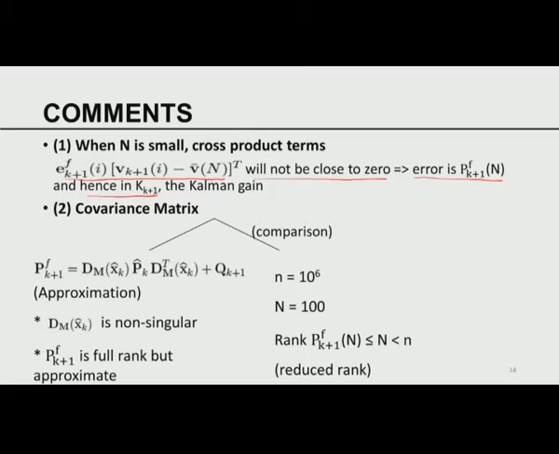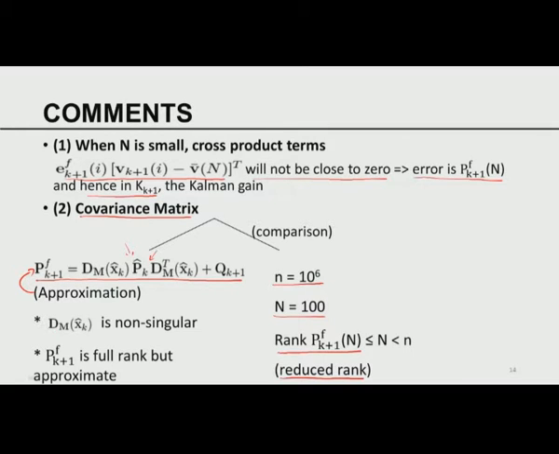I also want to talk about one more thing, the covariance matrix for forecast. Forecast covariance is the bottleneck in Kalman filtering. So this is the Jacobian times P_k hat times the Jacobian transpose. When n is equal to 1 million, if I am using 100 samples, the rank of P_k^N is no more than N, which is less than n, therefore reduced rank. I am trying to reinforce all these things by quantifying some examples. Now please understand, this itself is an approximation. Even the approximation costs money. I have already alluded to this.